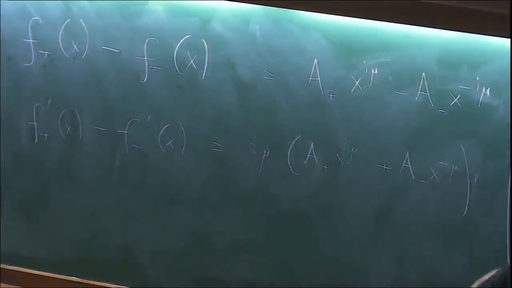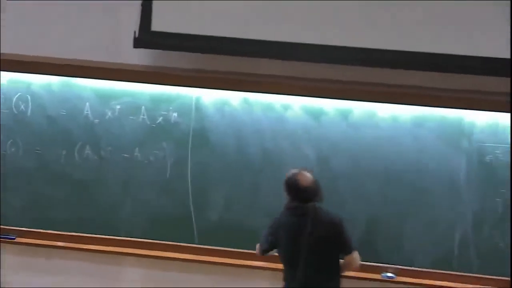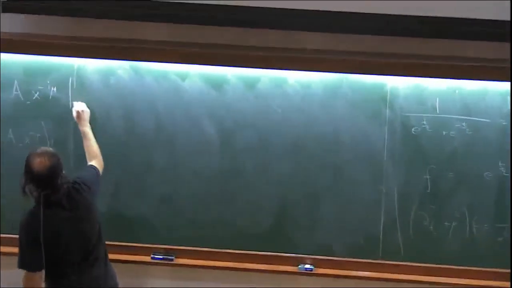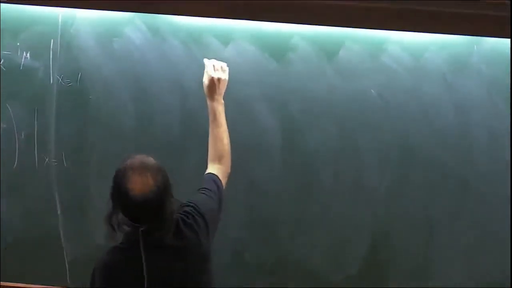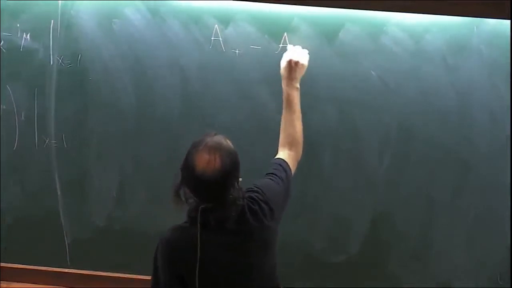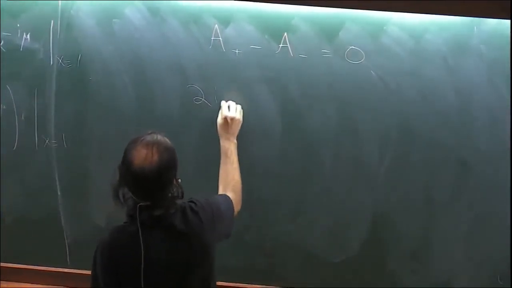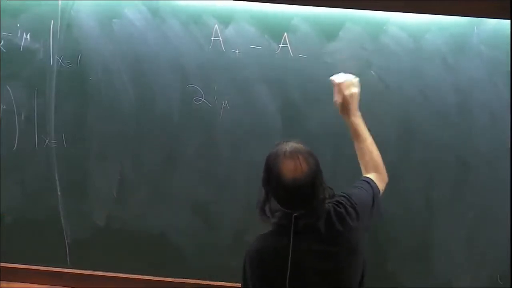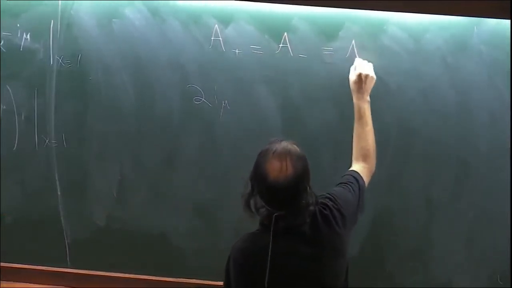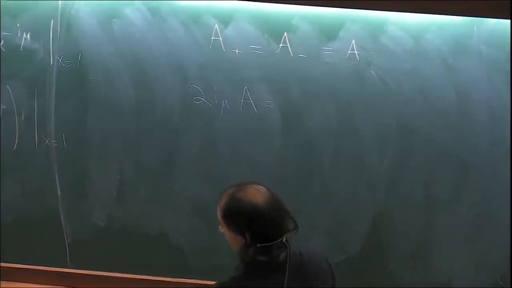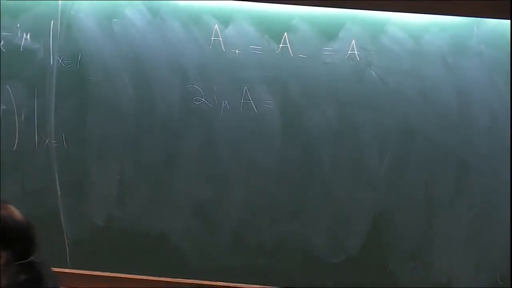So if I evaluate these guys at x equals 1, I learn that a plus minus a minus equals 0. So let's call that a. And then from here I learn that 2i mu a is equal to f plus prime minus f minus prime,